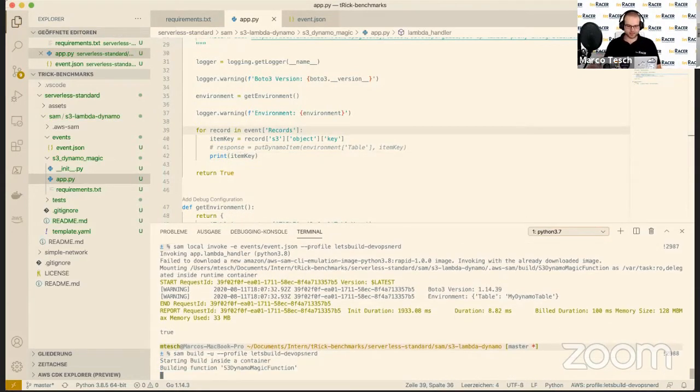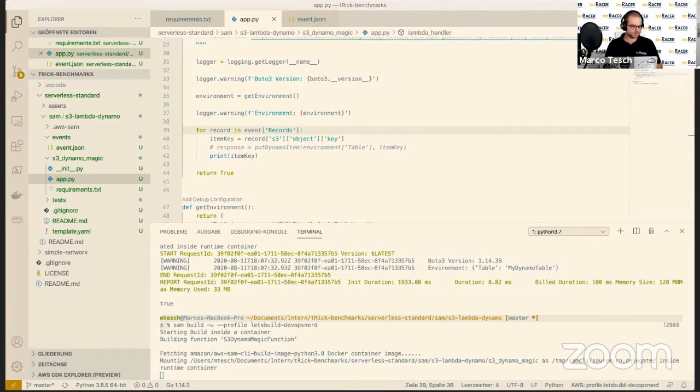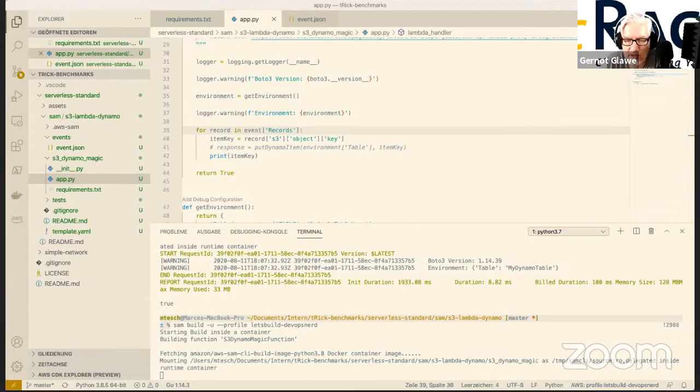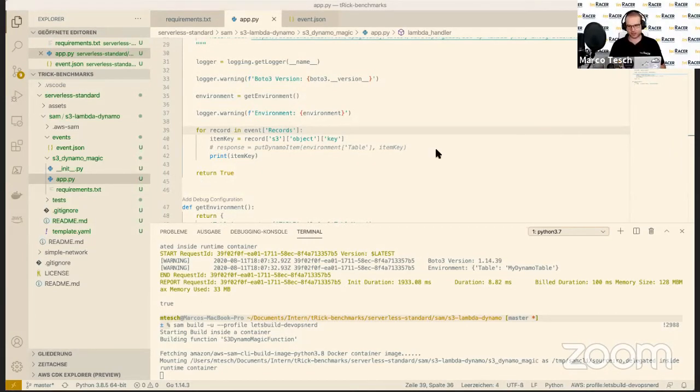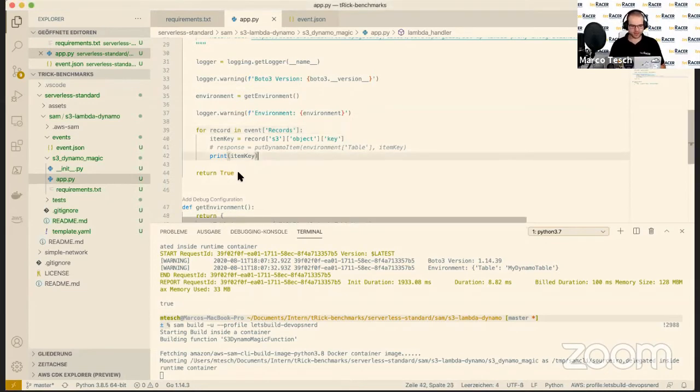Therefore, we again build the Lambda function and see what happens. But you haven't loaded it up yet. You haven't created anything. This is all local. I did not create anything online, and we can look that up as well because I have